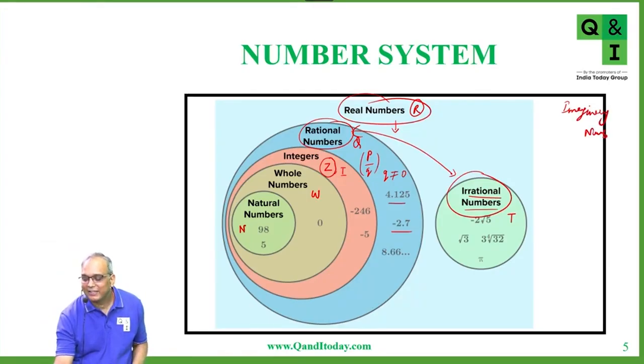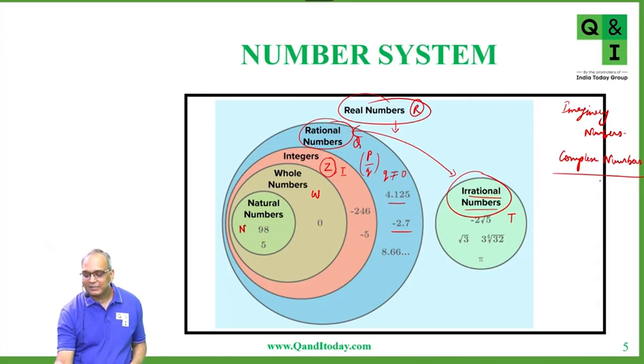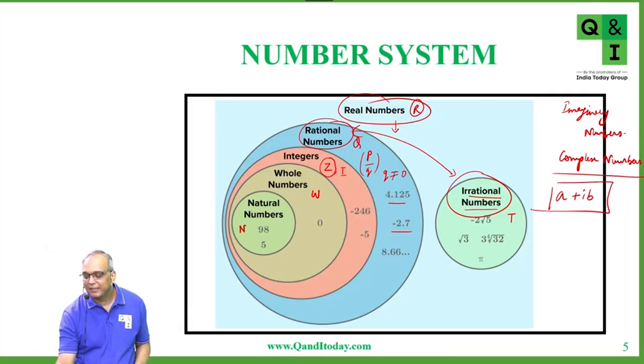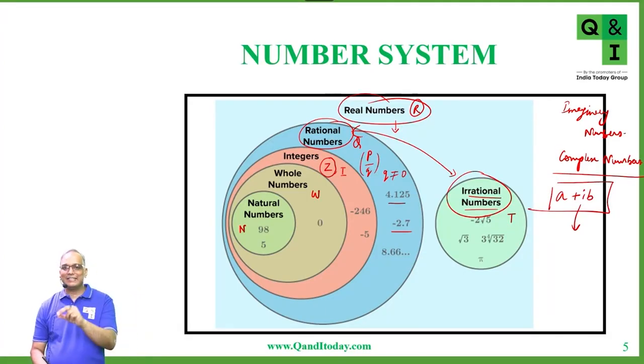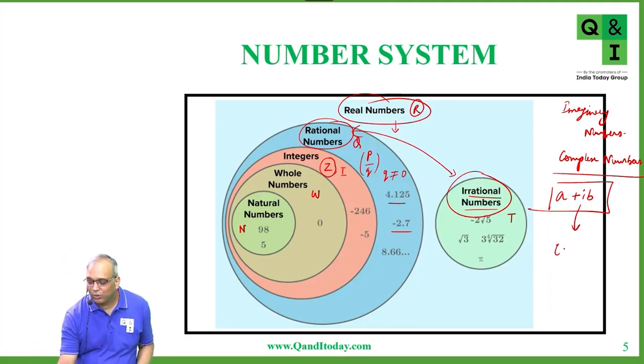So imaginary numbers are also called complex numbers, right? Now complex numbers are of the form a plus i times b, where i is basically a form which says that this is imaginary